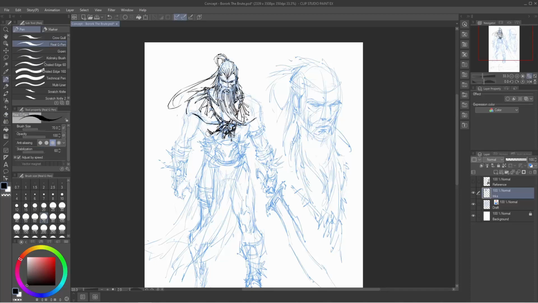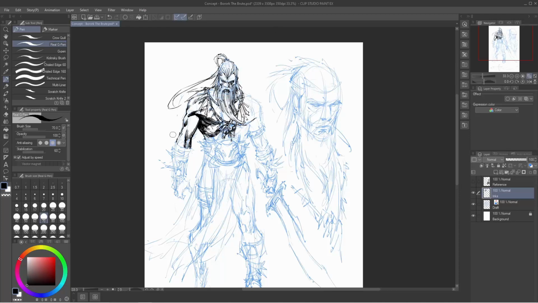What I mean by that is ensuring that the visual representation that you've come up with for your character reads correctly, that it's visually decipherable, that it's not confusing to look at, especially for the reader. You want the audience to easily be able to tell, especially if there's multiple characters in a particular panel or many panels, exactly who it is they're looking at out of the cast of characters that are featured within your comic book story. So we have Boroq the Brute here, but I want to make sure that he looks visually unique and memorable when sitting next to